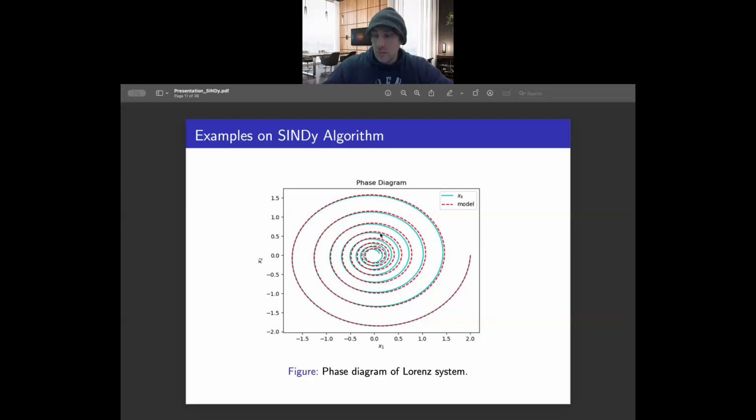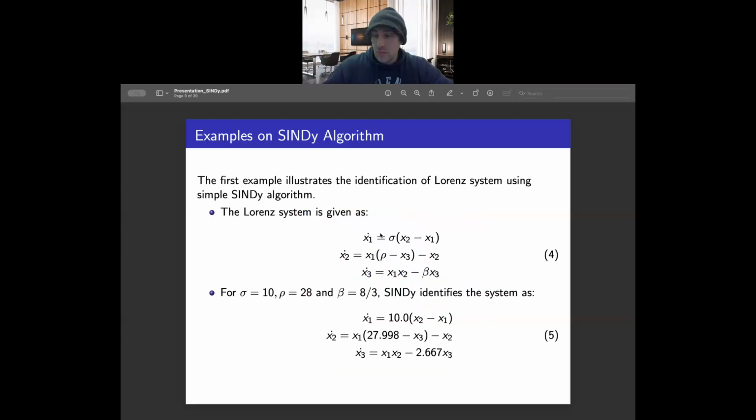So you have to be a little careful about the initial condition that you are selecting for this system. If you move away from the feasible initial condition, you might not get the same system. And one thing that I was saying about the library here, let me move to the Lorenz system again. What you can see here is that x1, x2, and x3 are just the linear polynomials.